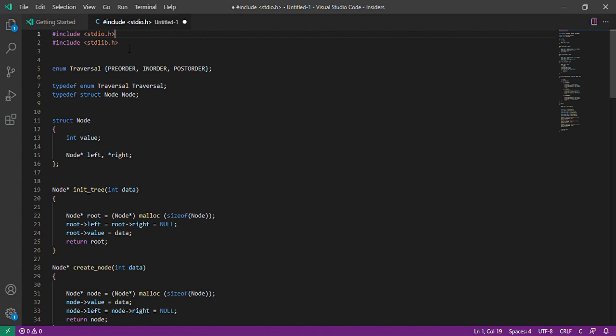After visiting the node, it will then move to its right subtree. The sequence is left, node, right. We refer to it as in-order traversal since we visit the nodes in order from left to right.